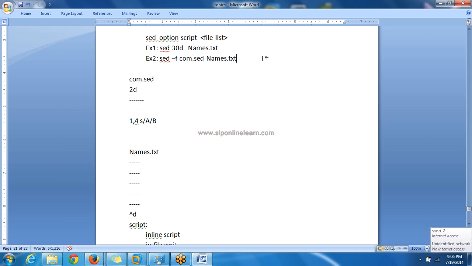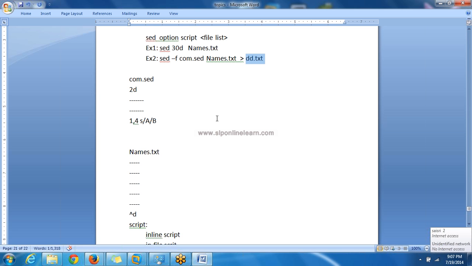Whatever stream editings you specified, after applying these editing operations on this file, the result will be stored into the new file. So these changes will not reflect in this names.txt file, only displayed onto the screen. If you use the redirect operator, the results will be saved into a file.